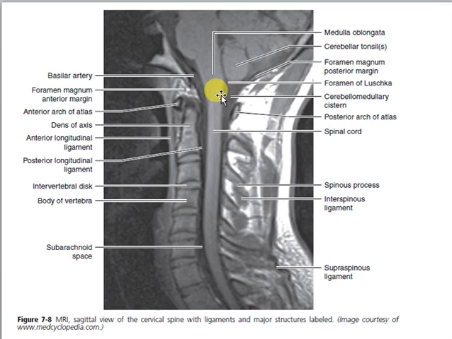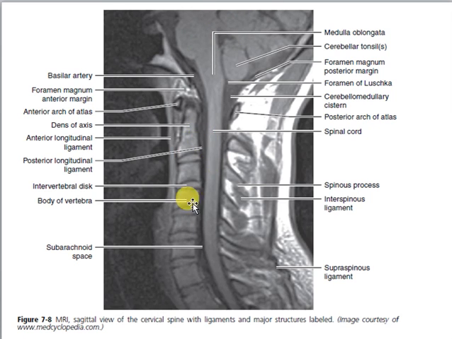Now over here you can see a lot of structures. You can clearly see the C1, because this is the arch of the atlas, and then this is the dens of the axis, C2, C3, and so on, C4, 5, 6, and 7. Then this is the supraspinous ligament, and the interspinous ligament can also be seen. The spinal cord and the CSF can also be seen, and the fat, the subcutaneous tissue, the muscles, especially the occipitalis muscle, and the foramen magnum, whereas the cerebellum, medulla, and midbrain can all be seen.